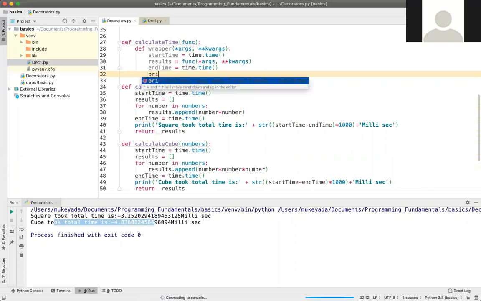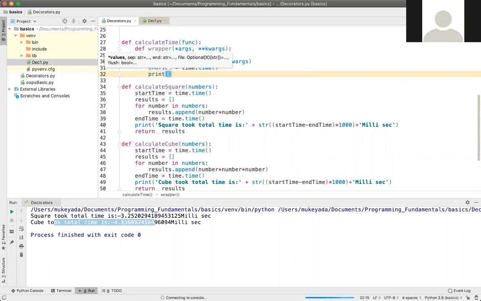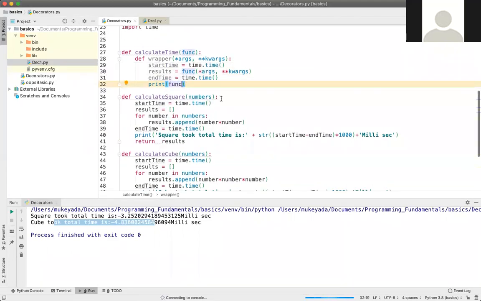Inside that I need to write print, and I'll say func, because this argument is the function type, func dot __name__. So it will give us the name of the function which we are going to execute